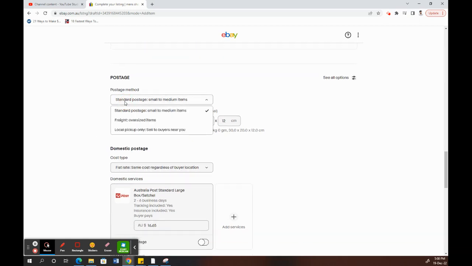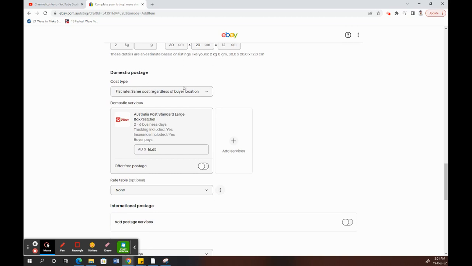You can choose the type of postage that's available, whether you can only offer pickups or standard postage. I will just put standard postage, and then the package size is based on your product. You can just choose that. All right, and then this one is about domestic postage. Whichever service you think is best suited for you, you can just select that. And then about the charges, the charges will be calculated based on your selection and the